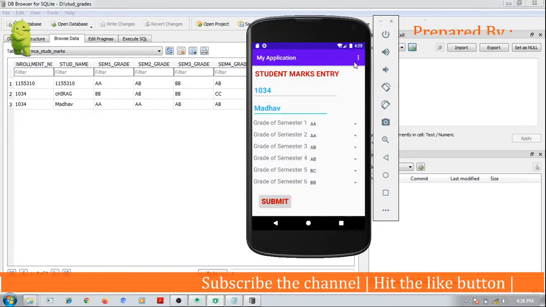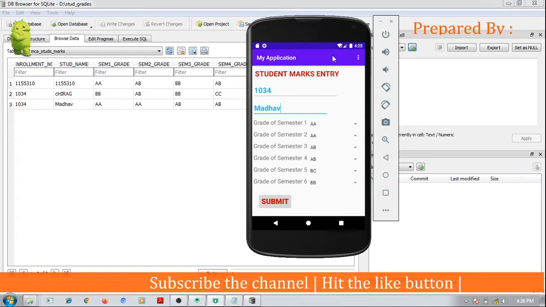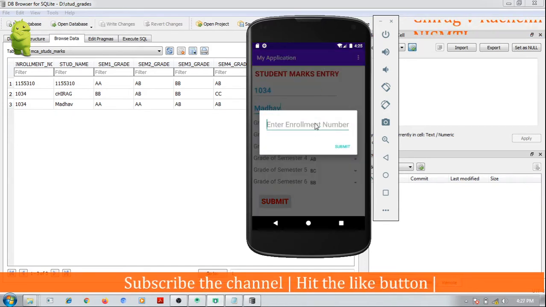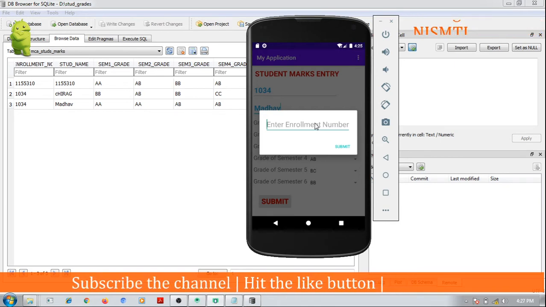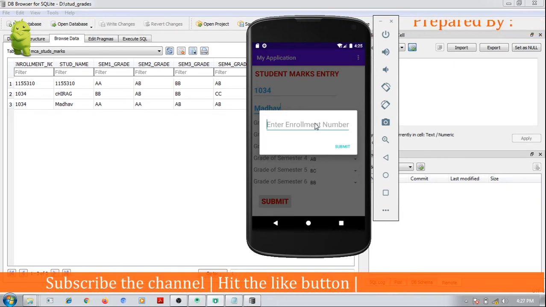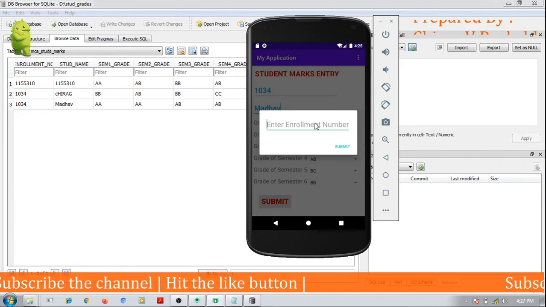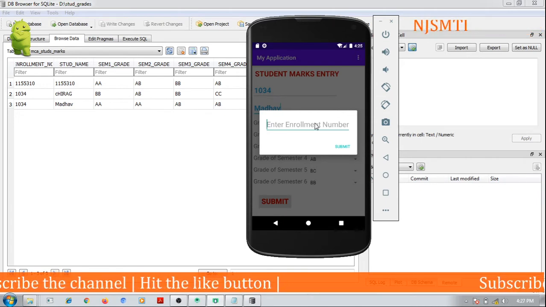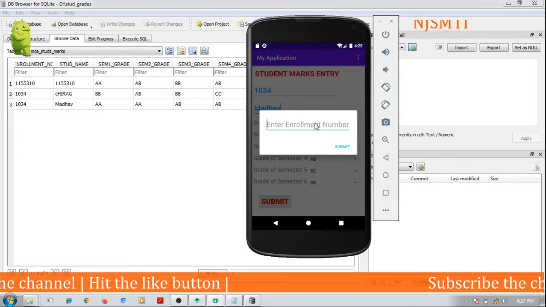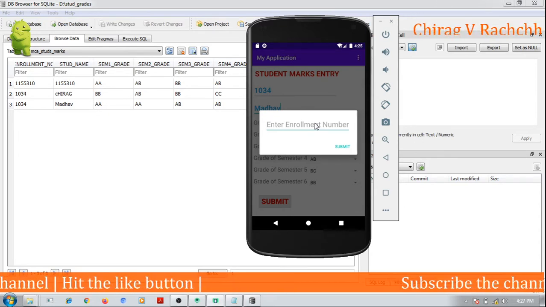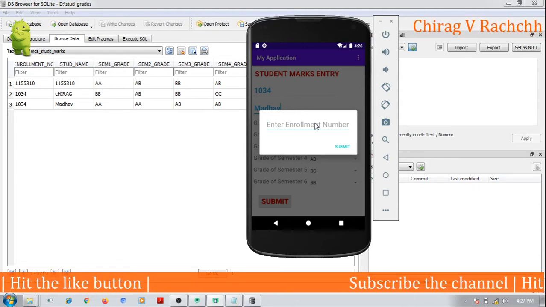Now let's update some record. I will update one record here, update grade for the enrollment number. Oh my god, 1034. I have given 1034 to the same enrollment number. It should not happen. But we have not defined it as primary key, so it is the problem here.